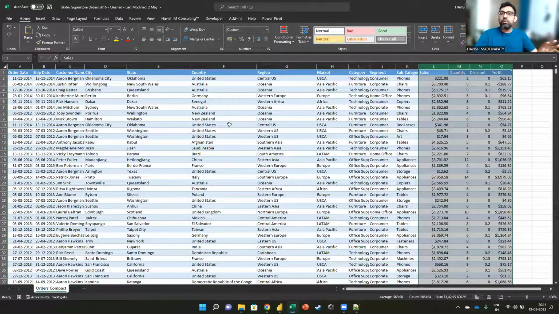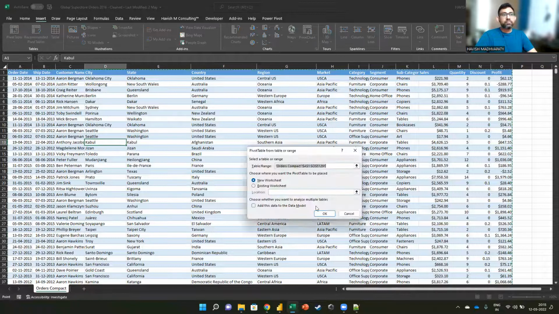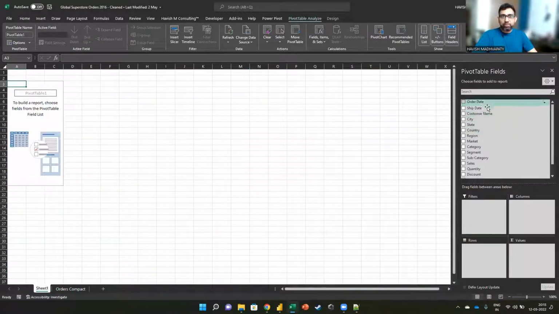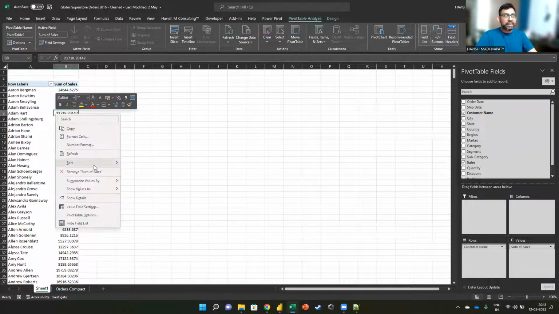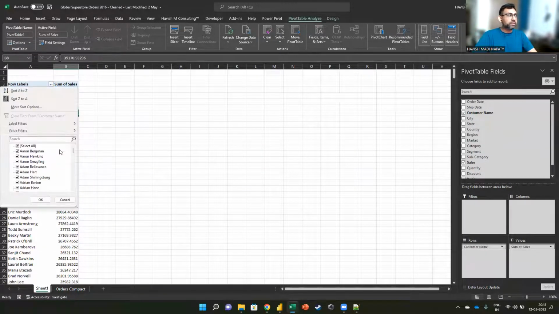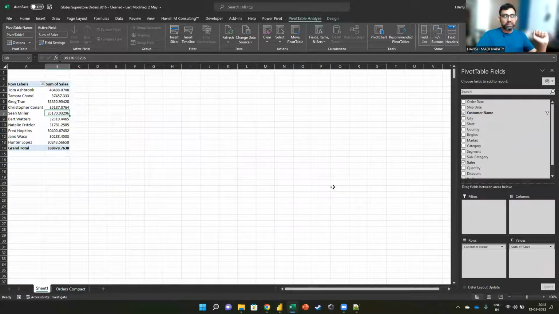And the only way to do that would be to make a pivot table, correct? Of course, you can write a formula, but that will take you even longer. A pivot is a better idea. For example, if I want to know who are my top 10 customers, how do I do that? I will go to Insert. I will select Pivot Table. After that, I'll put my customer name in rows. I'll put my sales in values. Then I'll sort my data from largest to smallest. And then finally, I'll apply a filter saying that I only want to see the top 10. And here you go. These are my top 10.